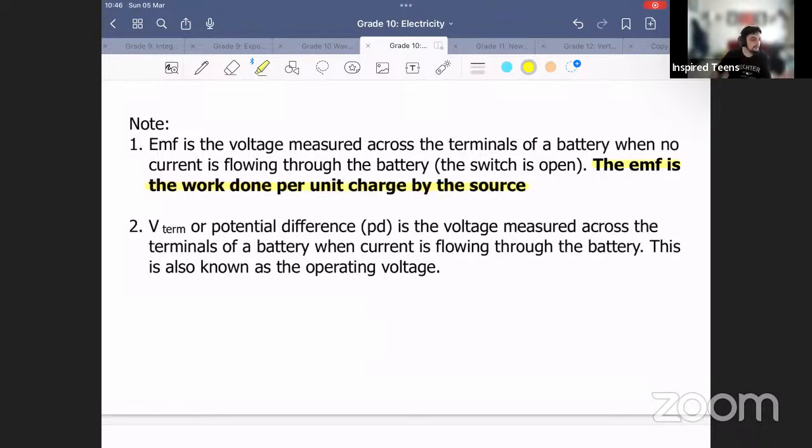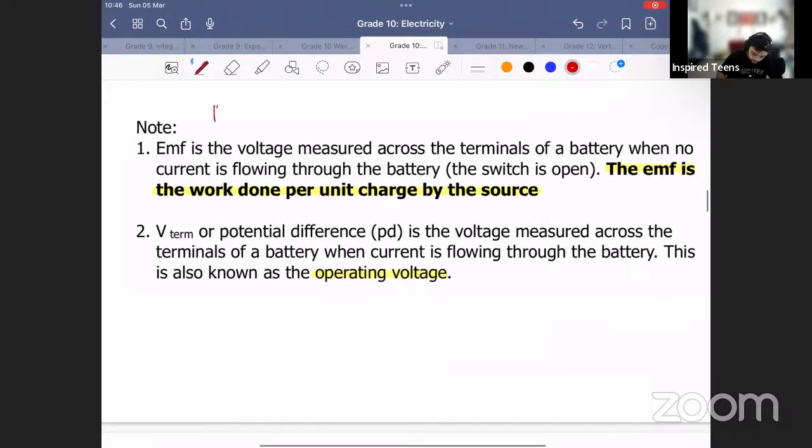Terminal voltage, or potential difference, is the voltage measured across the terminals of the battery when current is flowing through the battery. This is known as the operating voltage. Basically, what you need to know is that the operating voltage, for example if a battery is rated for 12 volts,